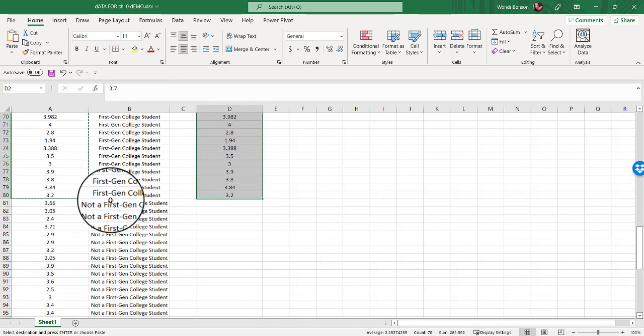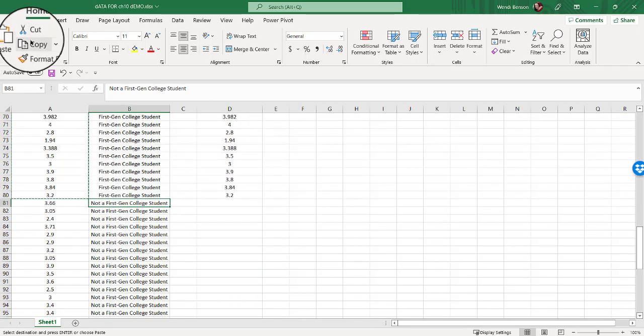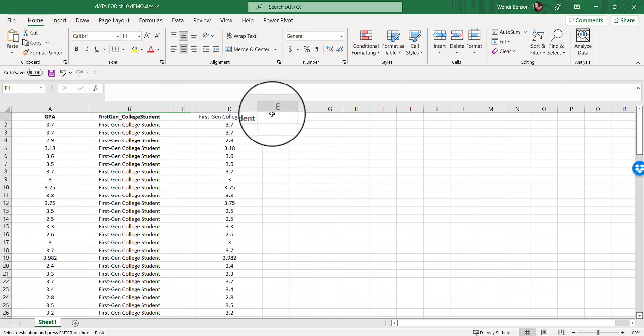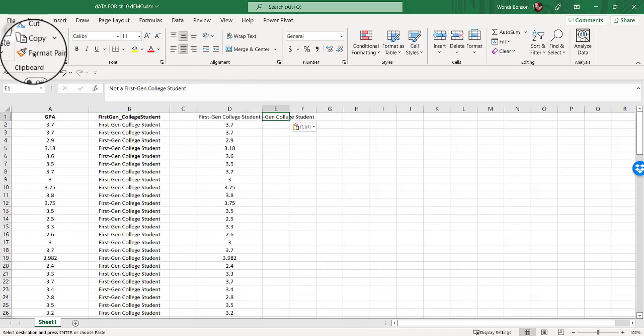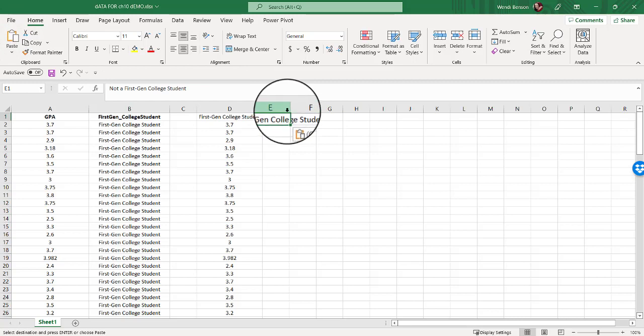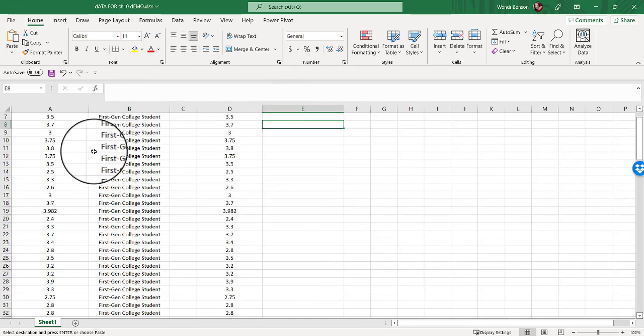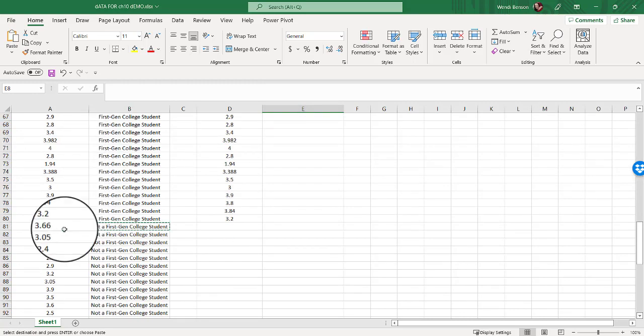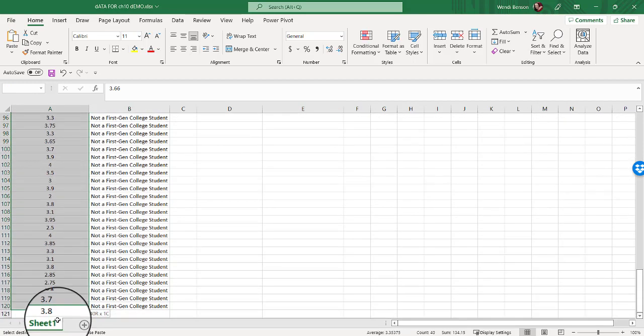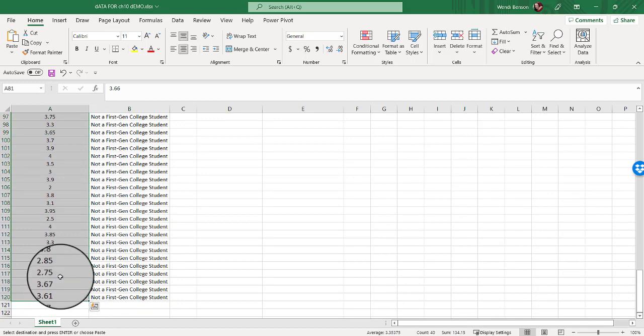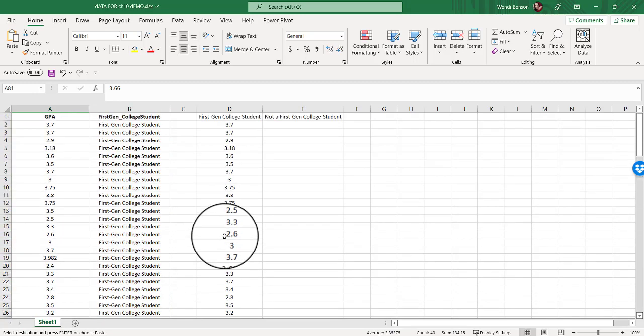Now our second group are the non-first-gen students. So I'll just copy that label, paste it right there. I'm going to do a little double click action so that the column is the right width, and go steal that GPA data for the non-first gen students. So here we go. So I just copied it